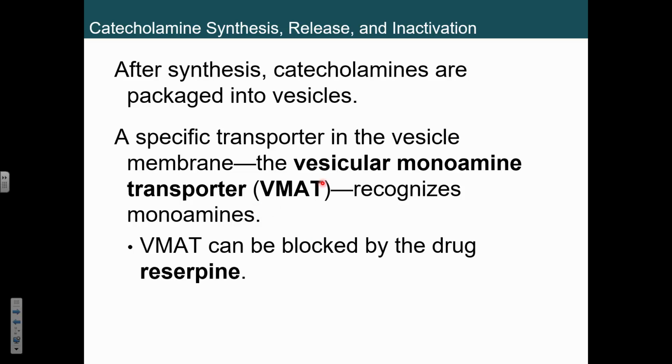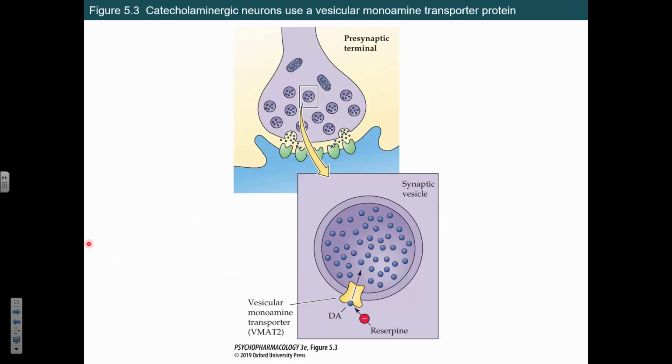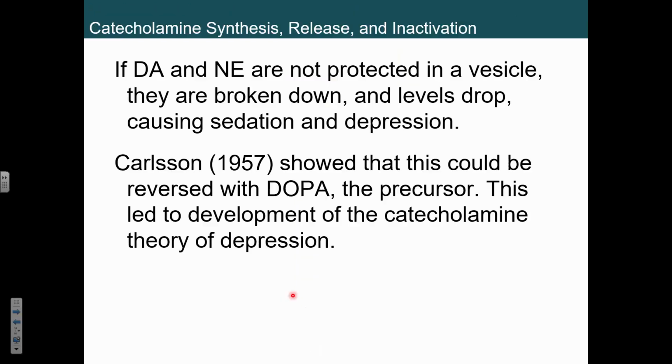We put them in the vesicles, store them for whenever we need them. You can actually block that storage. There are drugs that do that, which would also prevent the release of dopamine, because we're not going to have it in these nice prepackaged vesicles for you. Here's that transporter just sucking up dopamine into the vesicle. We can release that vesicle when we're instructed to do so, unless we block that process. Not a problem.